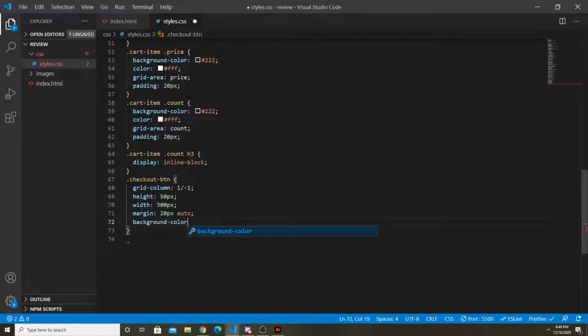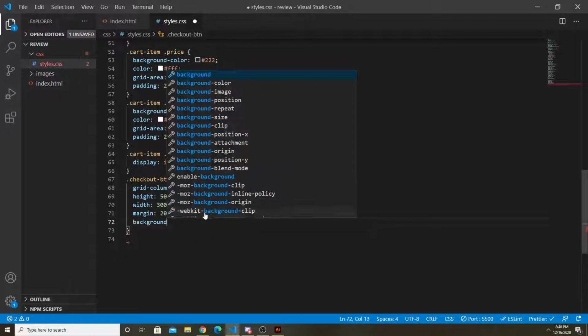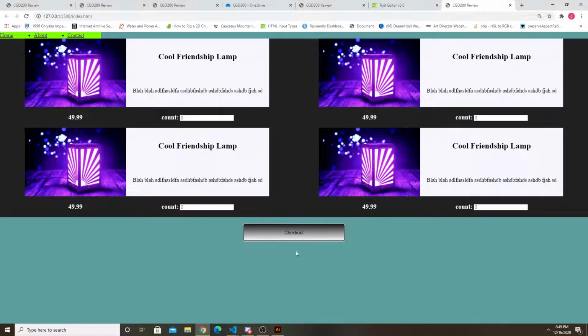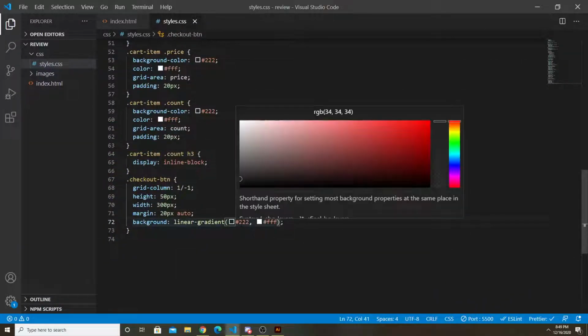background color. Or actually, we could say, let's do a gradient. I haven't showed you how to do gradients. We can say background, linear gradient, and you could pick your colors for the linear gradient. So maybe you wanted to go from, I don't know, let's do hashtag, I'm just gonna pick two random colors, 222 and FFF. So it goes from black to white,